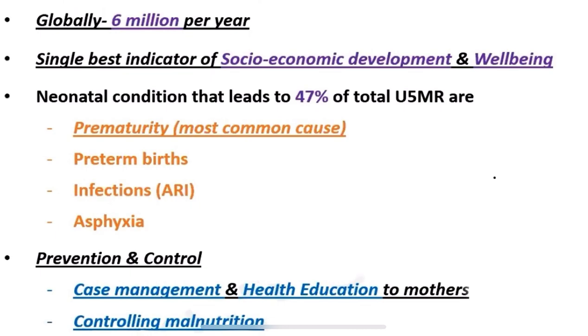They include diarrheal diseases, acute respiratory infections, measles, malaria, malnutrition. Added to the neonatal conditions, we also have malnutrition, diarrheal diseases, measles, malaria. And we also see that worldwide, the leading causes of death among children aged under 5